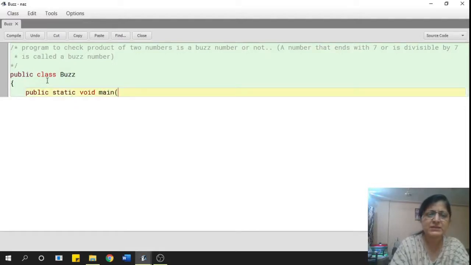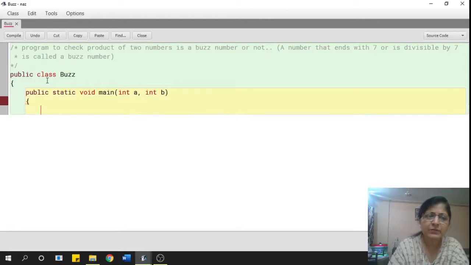In this case, I'm going to be accepting two numbers from the user at the time of program execution, because the program is not saying which two numbers. So I'm going to call the two numbers A and B. I'm declaring them here, int A, int B.